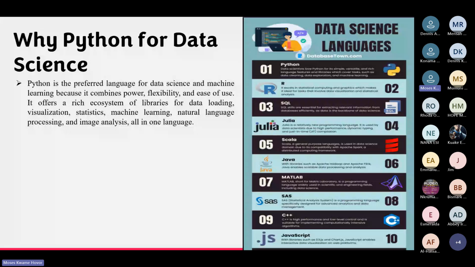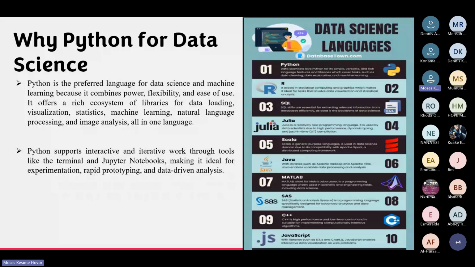Scikit-learn actually has most of the machine learning models, but we won't be talking about that today. Python also supports interactive and iterative work through tools like the Terminal and Jupyter Notebooks. I'll be using the Jupyter Notebook today for you to see how it looks, making it ideal for experimentation, rapid prototyping, and data-driven analysis.